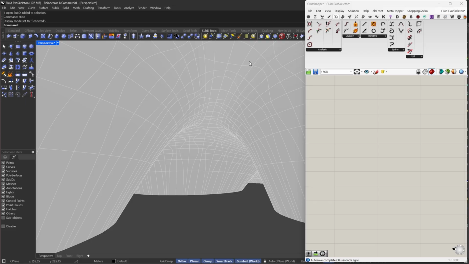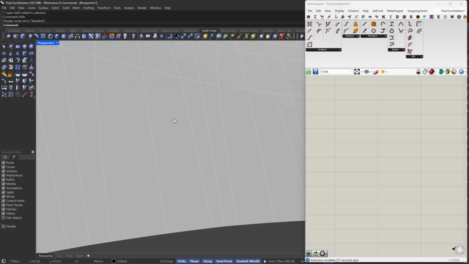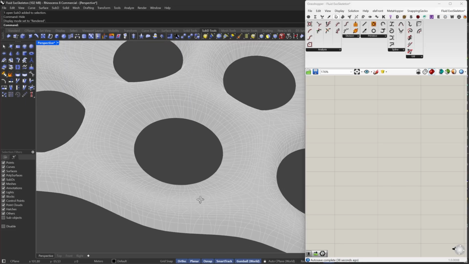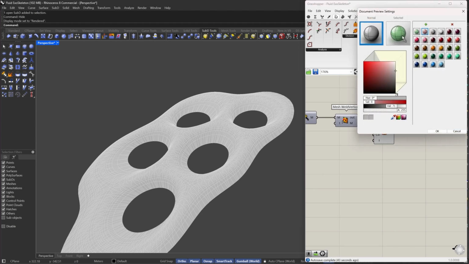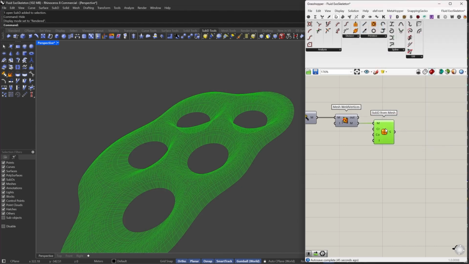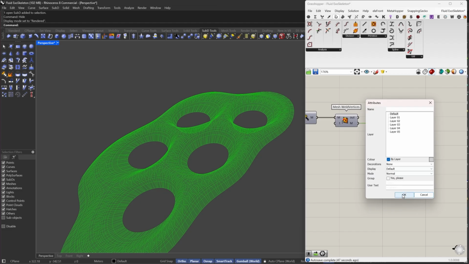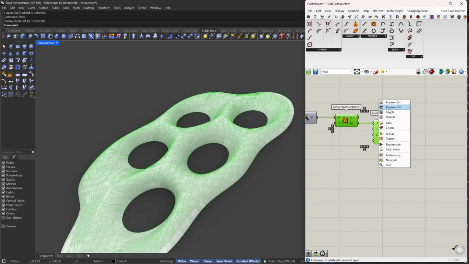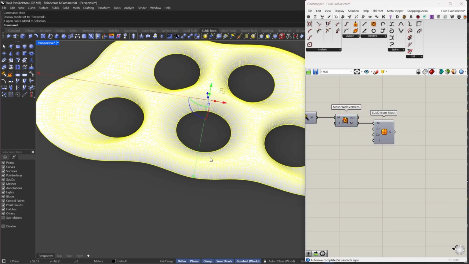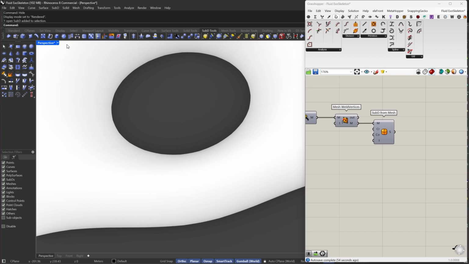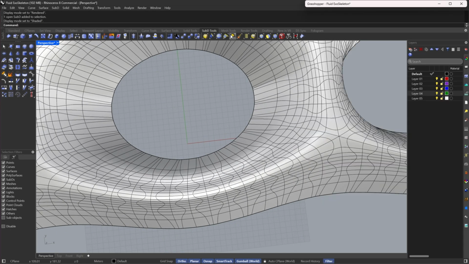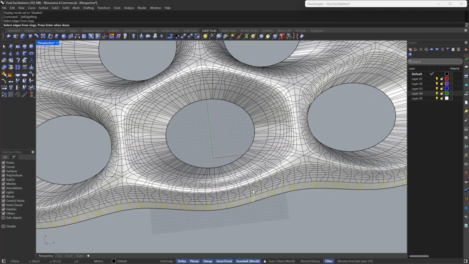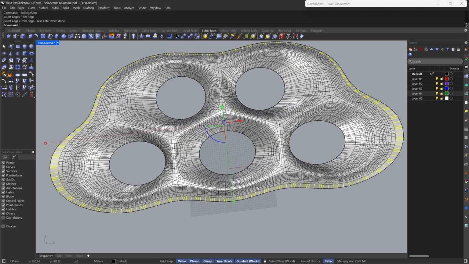If you are happy with how everything flows, then you can move on to the next step, and for now I will do. So let's go back to here, change this back, and I'm going to bake. Okay, right now it's 1 sub D, so it doesn't matter. And after that we can go probably to shaded, and I'm going to select this, and then okay,